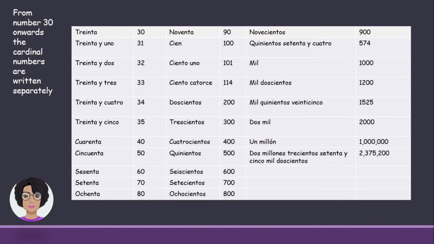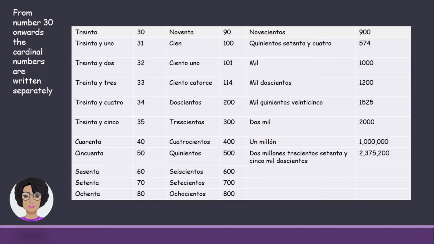And one more time, if we want to say 41 in Spanish, we will have to put the numbers separately with a conjunction between them. So it would be 41, 42. And let's continue. 50, 60, 70, 80, 90, 100, 101, 114,